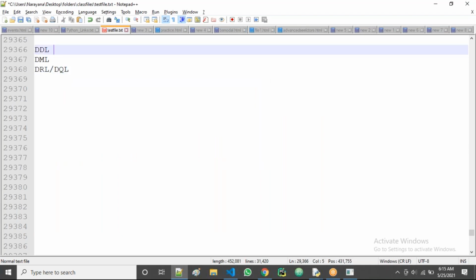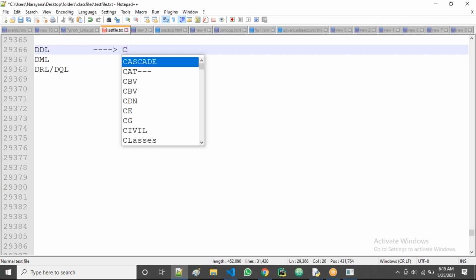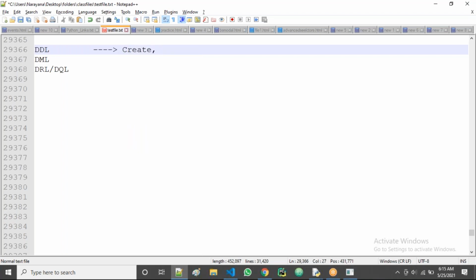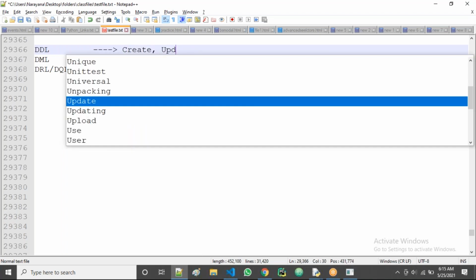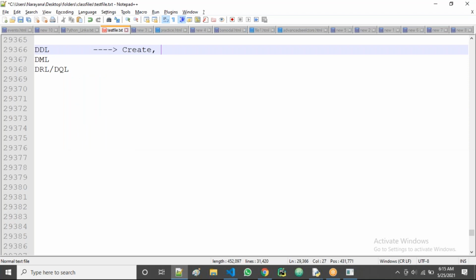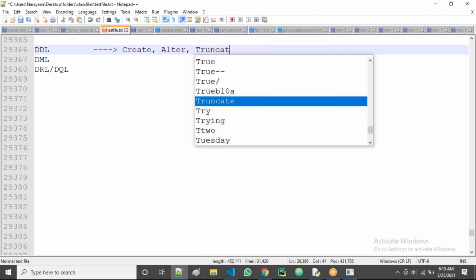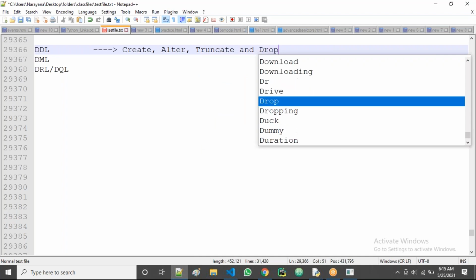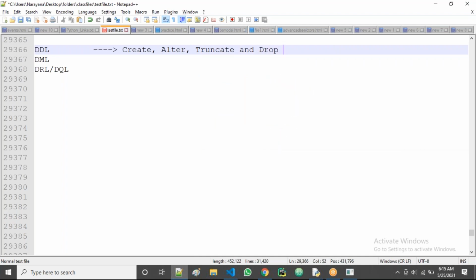In the DDL sub language, what are the commands? Create, alter, truncate, and drop.